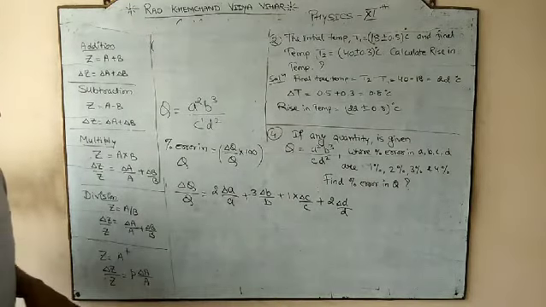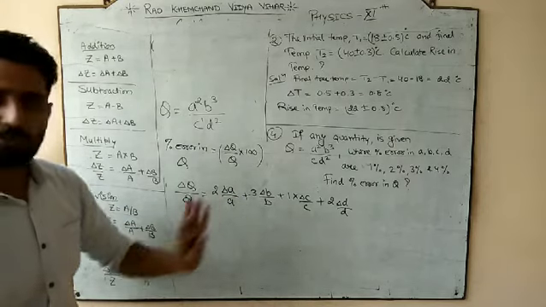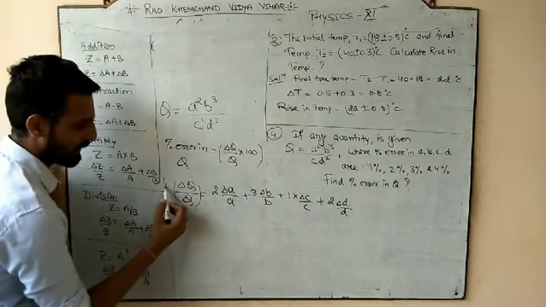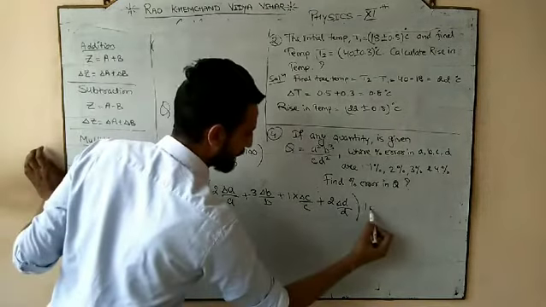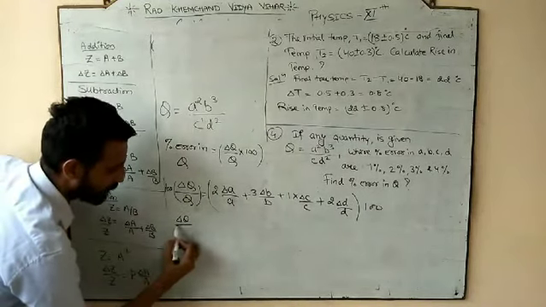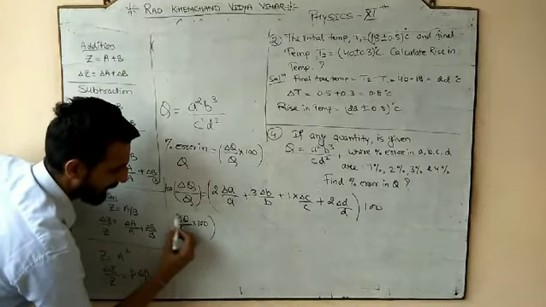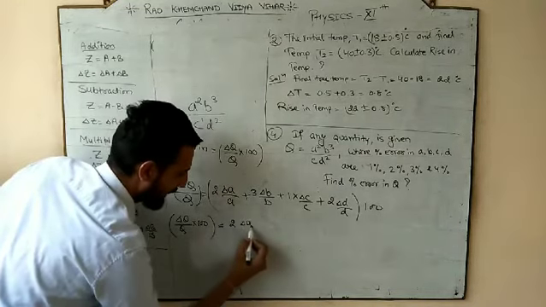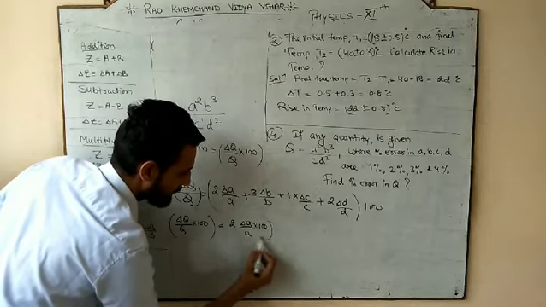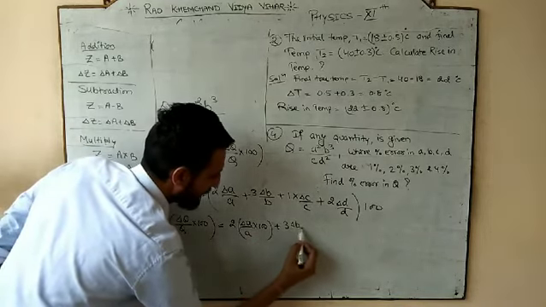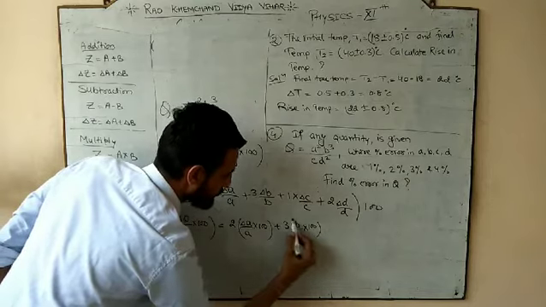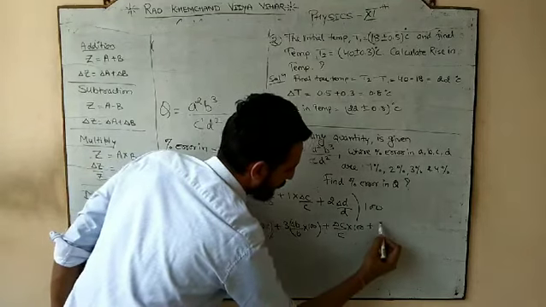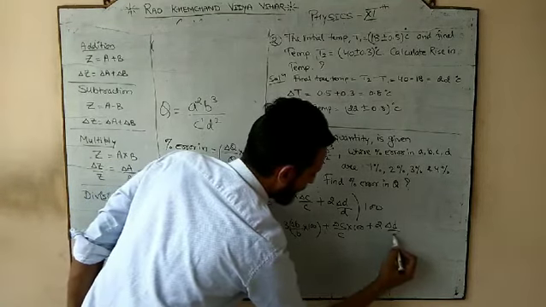Now, in this question we do not have the value of delta A or anything, but we have the percentage error. So let us multiply by 100 on both sides. Please check this out. Delta Q by Q into 100, which is the percentage error of Q, is equal to 2 delta A by A into 100 plus 3 delta B by B into 100 plus 1, which can be eliminated, delta C by C into 100 plus 2 delta D by D into 100.